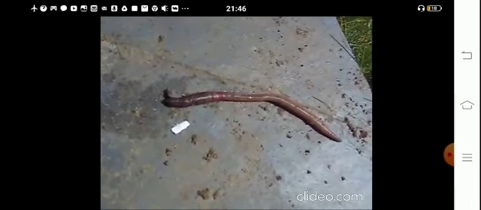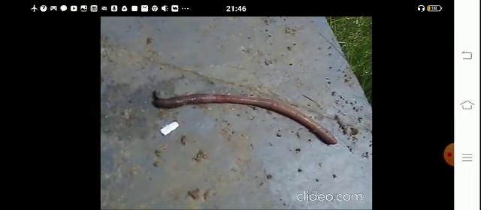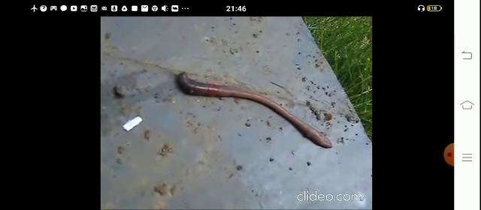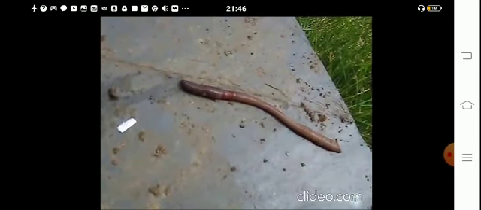Children, look at this worm and notice its movement carefully. See, the body of this worm is continuously contracting, relaxing, again contracting, relaxing, and this process continues. This facilitates the movement of the worm. Carefully notice the contraction and relaxation in the body of the worm. So, movement in the worm was facilitated by the contraction and relaxation of its body.